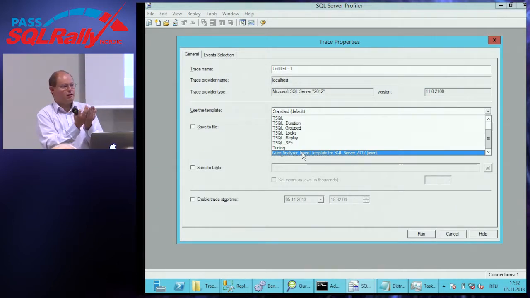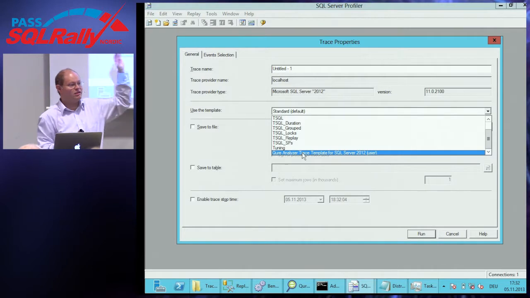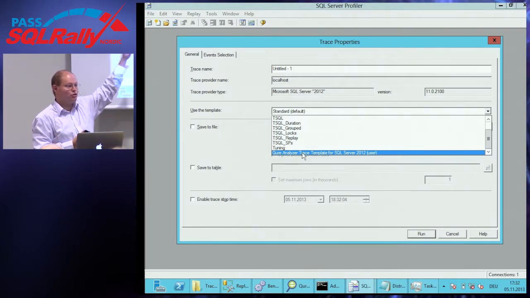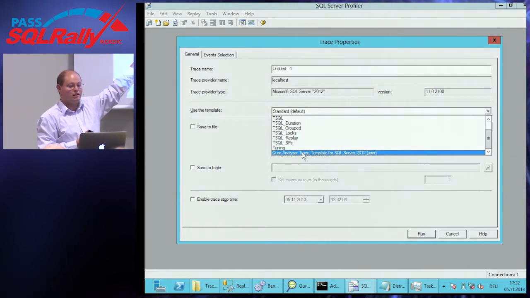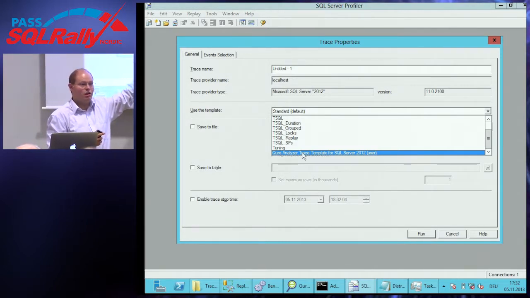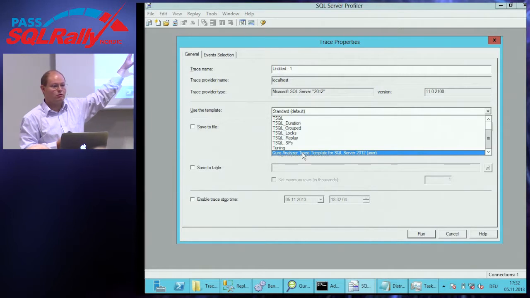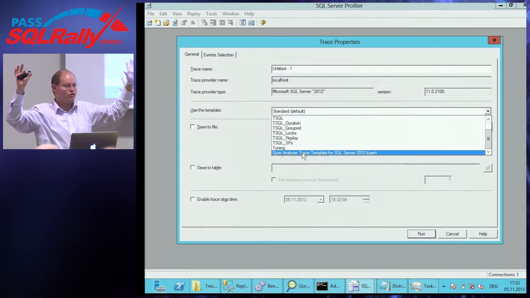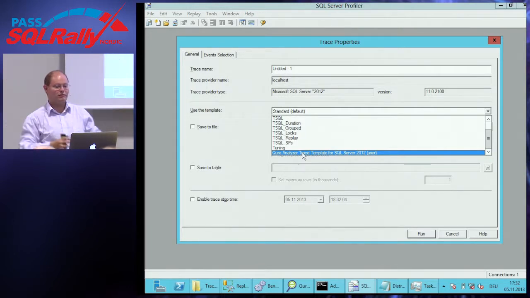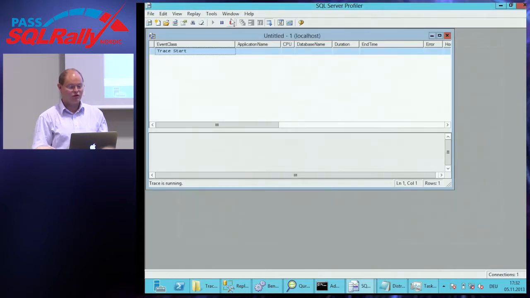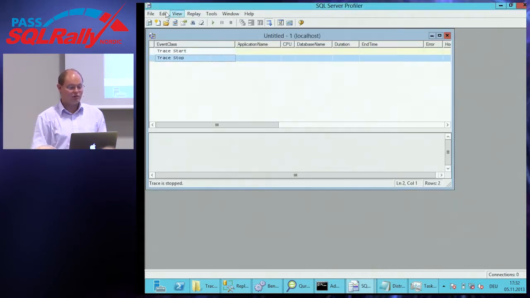So when you're replaying your workload, you're doing the same thing. You're replaying the workload, and in the background, we're just running a SQL trace with that trace template. That trace template just captures the relevant information needed by that tool to compare the impact of index changes. Make sense? Okay. So mainly, you're doing the same. Run and stop. You're exporting that trace